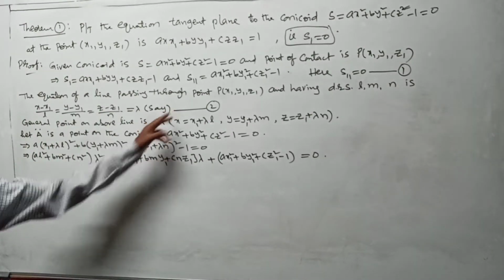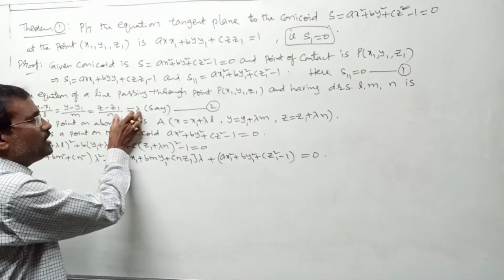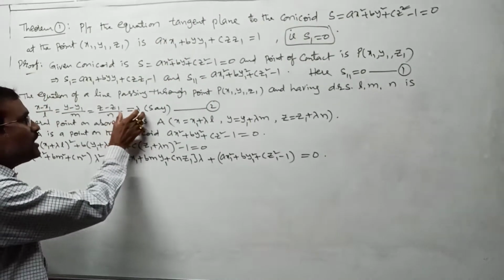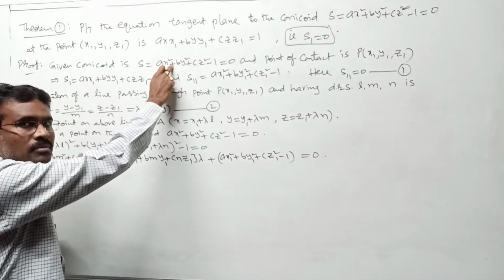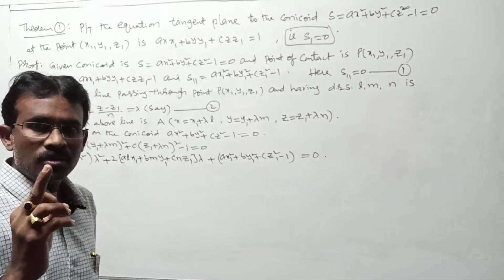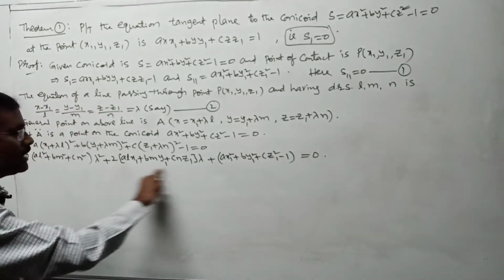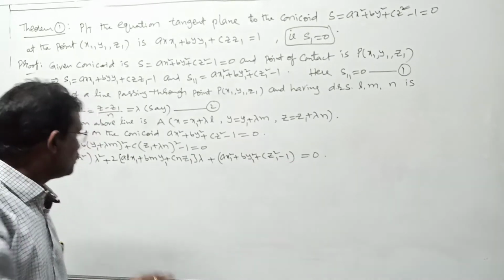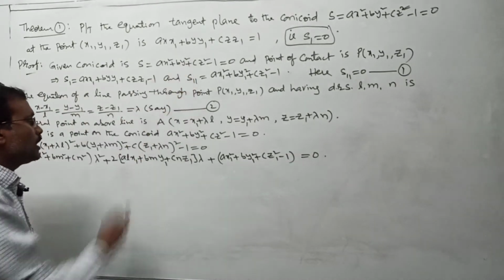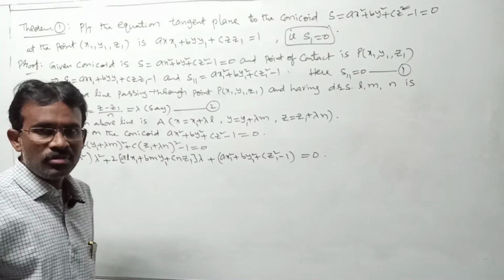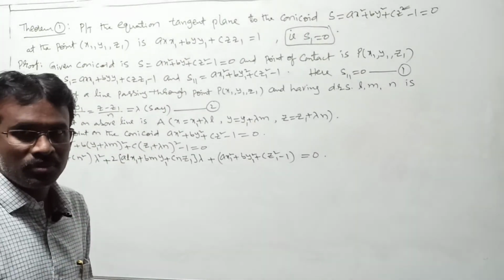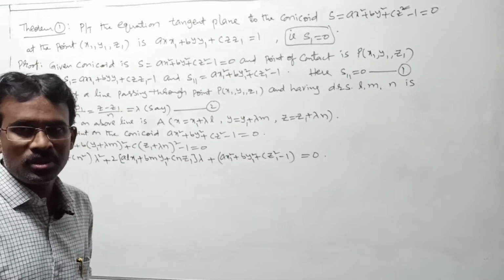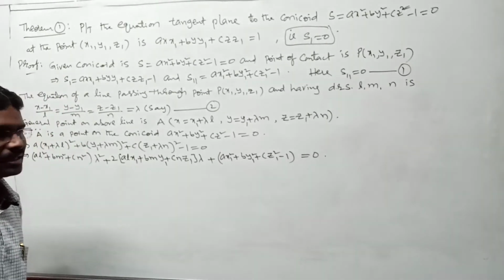Now, if this line touches the given conicoid, then only it becomes a tangent. If this line touches this conicoid, there exists only one common point. Only one common point means that if you solve for λ, you get two values of λ, but both should be the same. I mean, whenever this line touches this conicoid, the roots of this equation are equal, hence its discriminant becomes 0. Let us take the discriminant b² − 4ac = 0. I am proceeding with that condition in the next step.